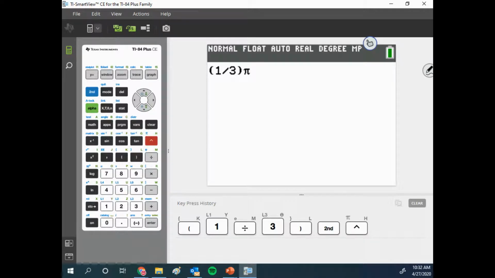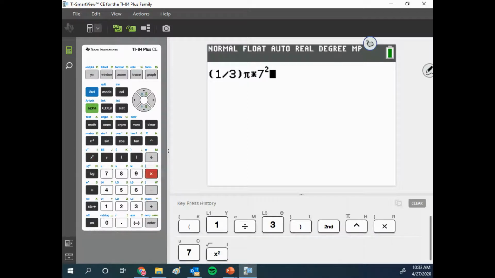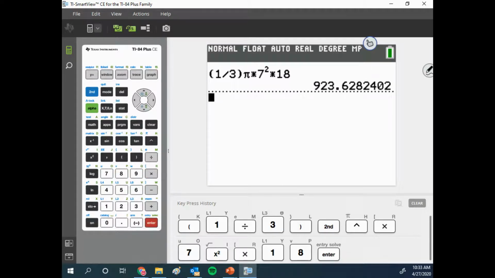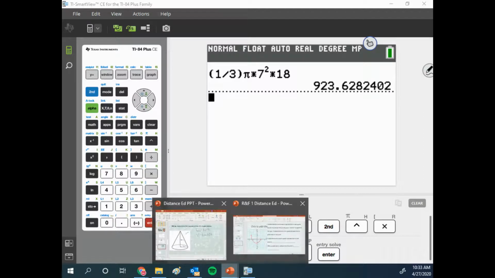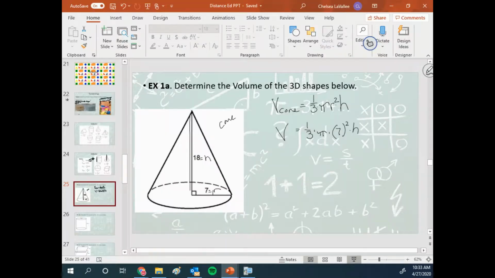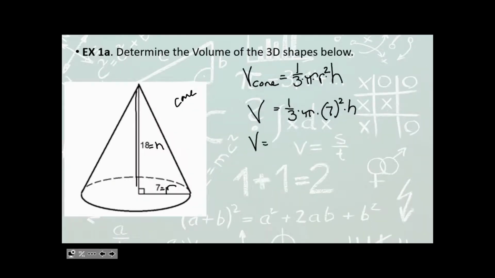So really, when I put those next to each other, they're just being multiplied. So 1/3 times pi times 7 squared times the height, which was 18. And if I put that all in at once, I should get the volume is 923.6. So I'll go back to my screen here. So the volume is equal to